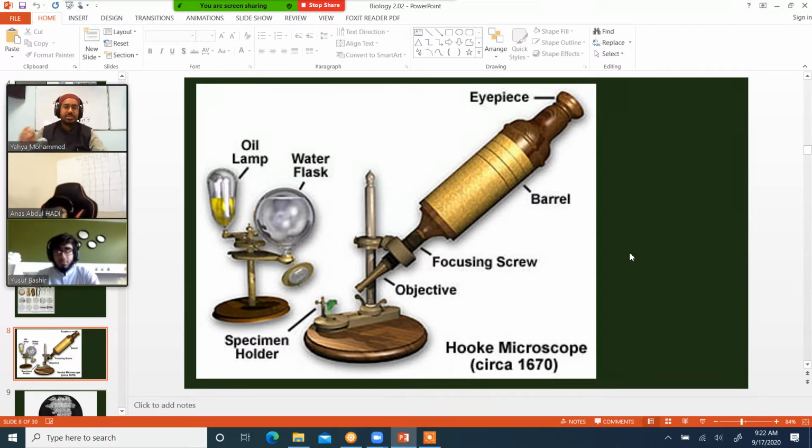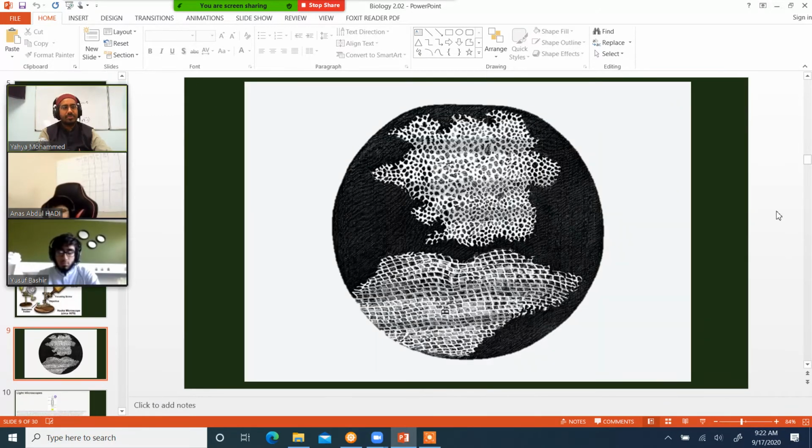You see that, right? So in this case, this is a little bit different, right? And so this is a more advanced kind of microscope that was used, right? Now, what is this showing? Anyone ever seen this picture before? These are cells, right? These are cells, right? So this is where the idea of cells came from.